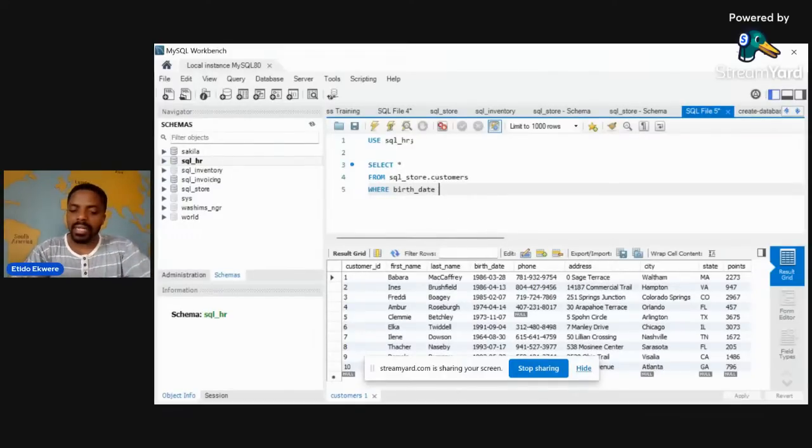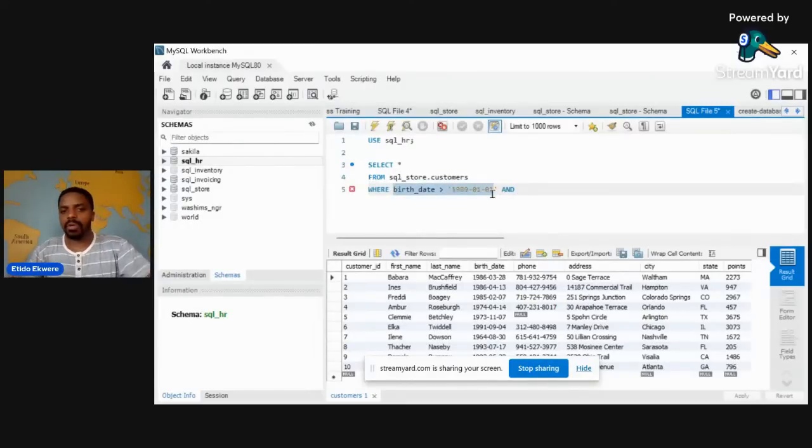Is actually greater than, you see the condition I'm going to give it now. It's greater than, and I'm going to use 1989. Got that? Put 0101, so 1st of January 1981. You have to put this in quotes. I think I mentioned that also in the last class. Now, where birth date is greater than this date